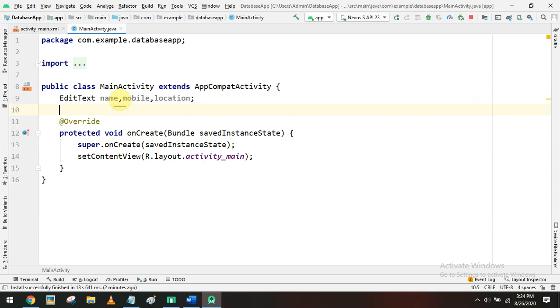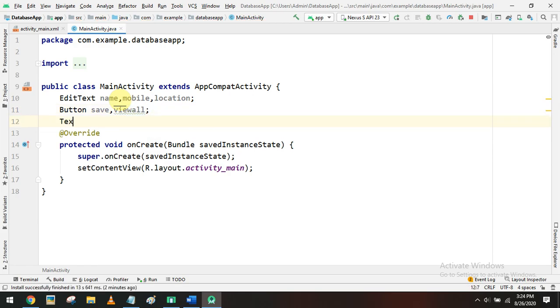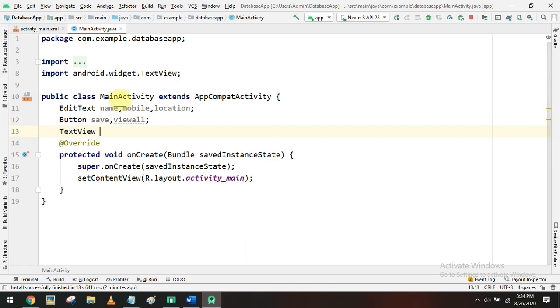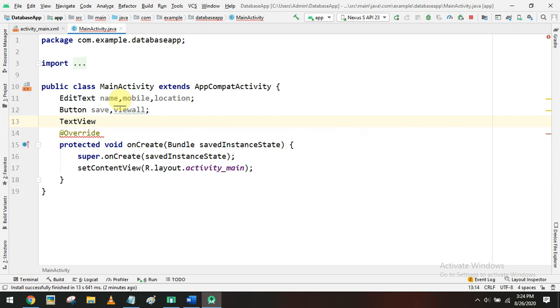The same way you have to find the buttons also. So create 2 buttons, save and view all, followed by the text view. So 3 components. So this is the output box. So we have created the variables.